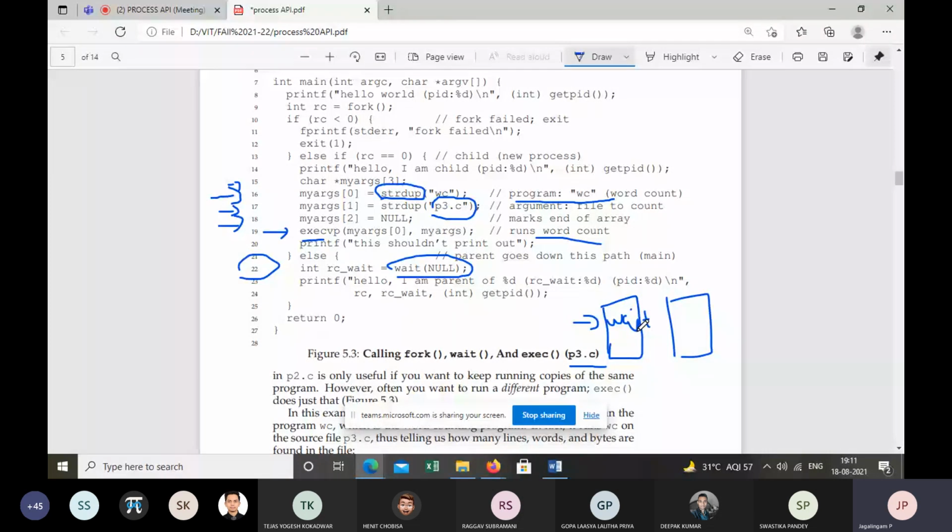Now, rc is a return value. The parent will have a different return value, and the child will have a return value. rc comma wait indicates that the parent process is waiting.